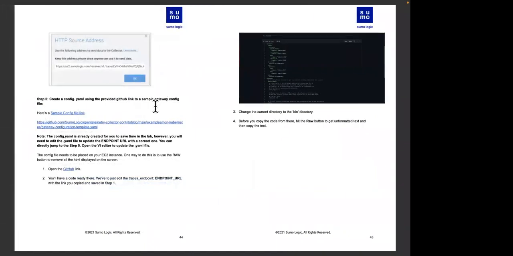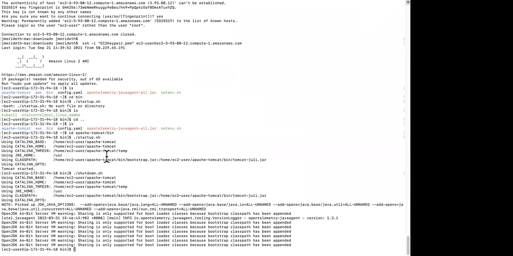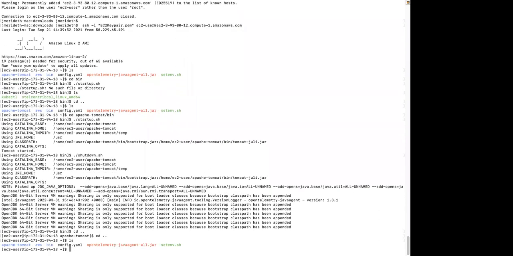Now we need to go out here and modify our config.yaml file and add that source in there. There is a configuration file link that you can get and download. But in our environment, we took the liberty of providing you a config.yaml. So here in my environment, if I get out of my bin directory and out of my Tomcat directory, and do an ls to see my stuff, you'll see I do have a config.yaml. And if I open up my lovely VI editor, vi config.yaml,